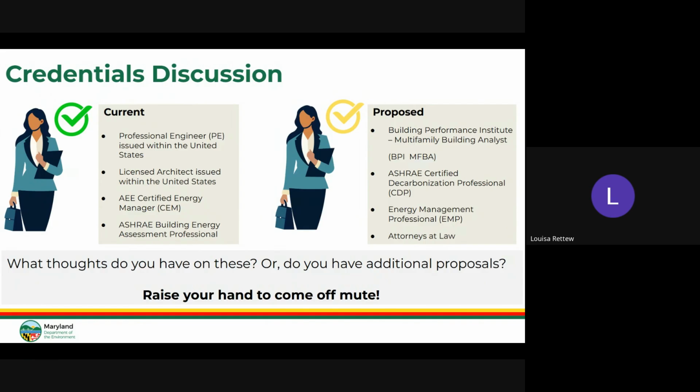I would follow up on what Ron was saying, that I'm a little concerned at seeing attorneys at law as a possible credential. While there certainly are some non-technical aspects, like the building use, that are included, there are also things that are definitely more energy focused. And while you may have attorneys that know this stuff, just as you may have PEs who don't, I'd be more comfortable seeing folks who definitely have the energy engineering technical background.